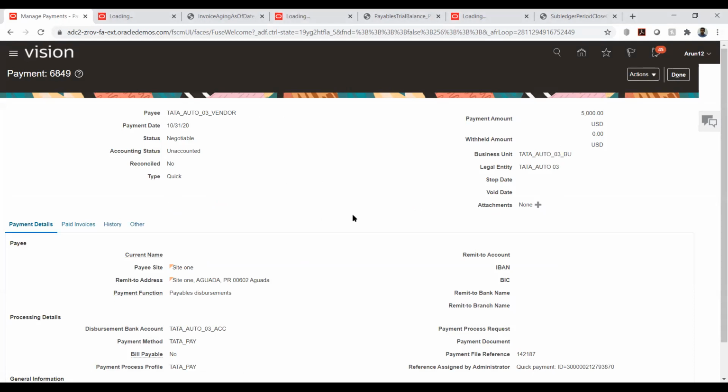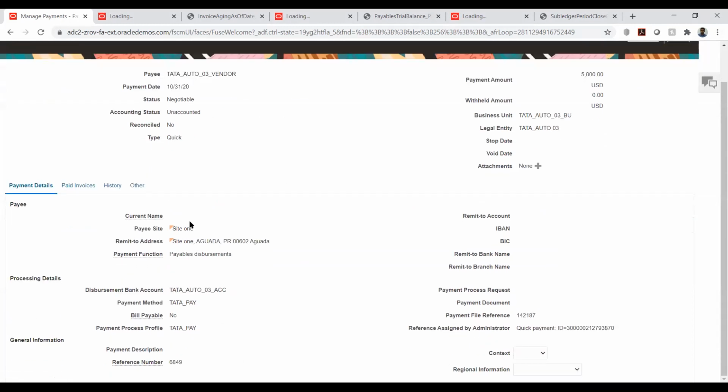Then you don't need this payment file reference number for anything? At the bottom of the file, to the right, if you see, there's payment file reference number 142187. This is only the reference number that is generated by the system. But our payment number is different actually.